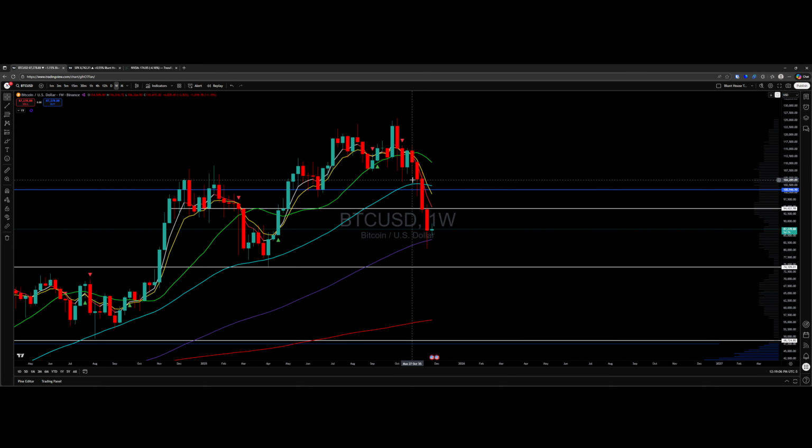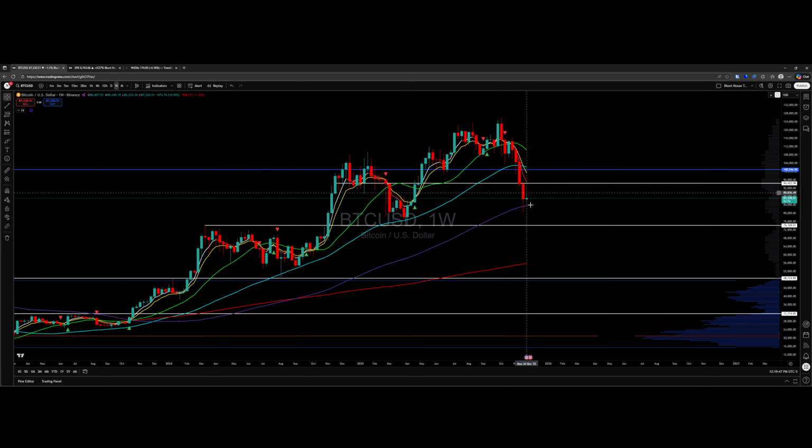Why is that? Because what you expect when you have an impulse down, and this would apply on any time frame, you have this impulse down and you catch some support, you would hope that you would at least try to bounce and at least test these areas. I'm not saying you're going to break them, but at least test them to try and trigger that change in trend. This little thing sitting down here is just waiting for time to catch up. So you're going to have this impulse down, and then we kind of go sideways or nowhere until time comes and meets. And that's when we have that next move.